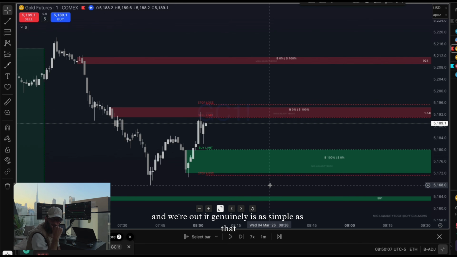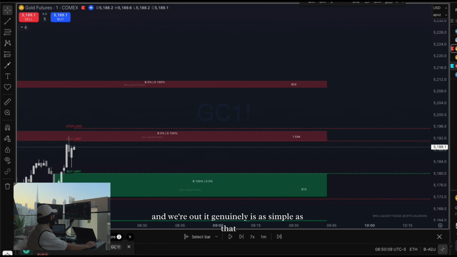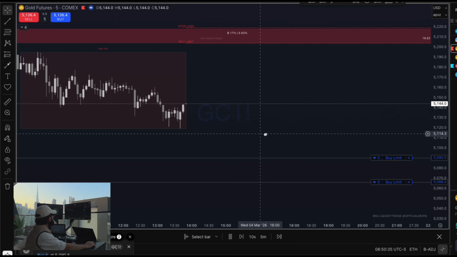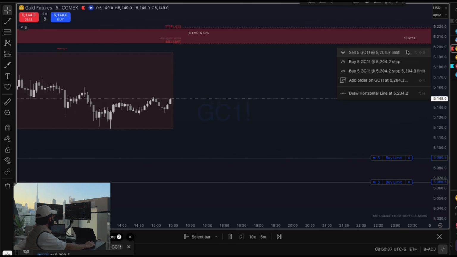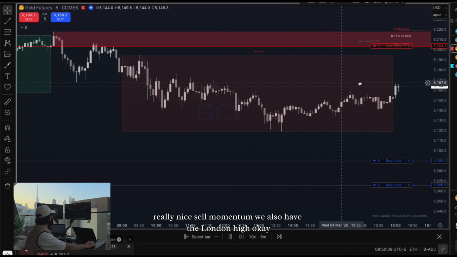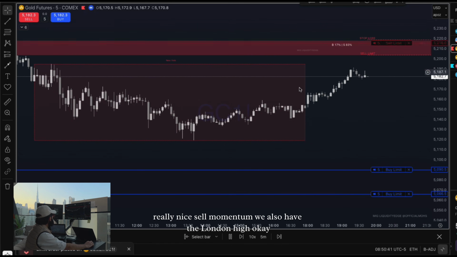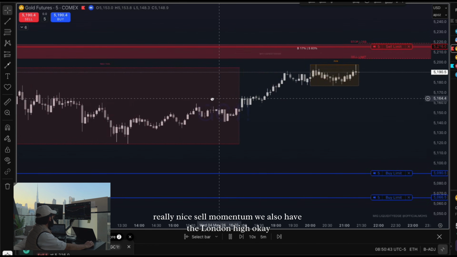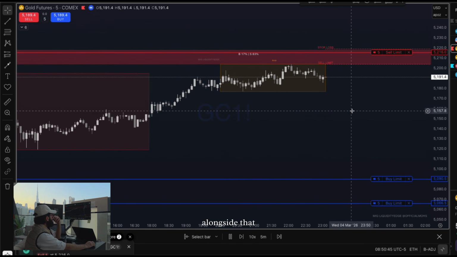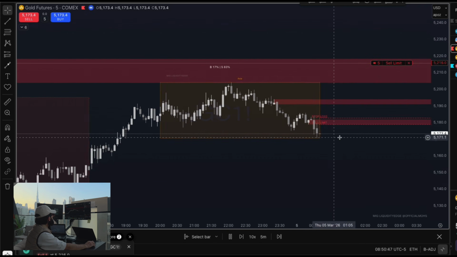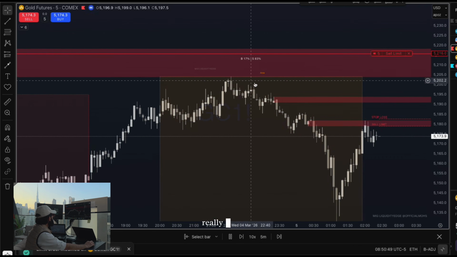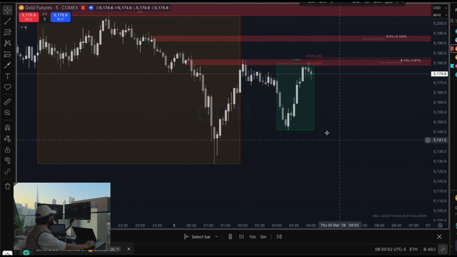And we're out. It genuinely is as simple as that. Really nice sell momentum. We also have the London high alongside that. Really nice tap. Again,